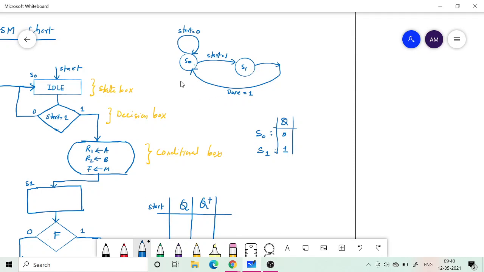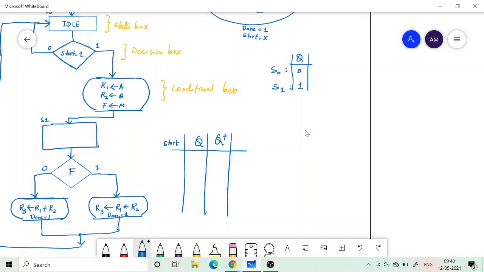In S1 to S0, it doesn't depend upon the start input. So here start is basically don't care. If it is don't care, you don't need to write it also. So there are how many combinations? 0 0, 0 1, 1 0, 1 1.